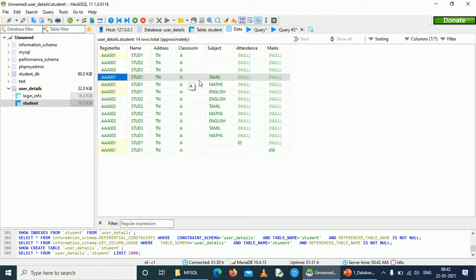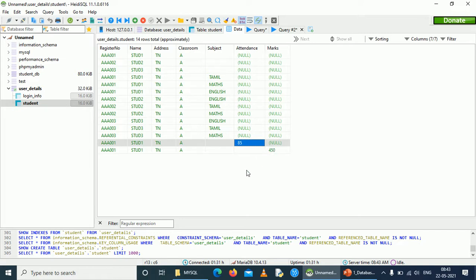And again, another disadvantage is, what is the need for address details of a student where actually the subject details alone are required? So these three rows specifically mention the subjects registered by the student, but we cannot avoid the address data in this row. So this is another inefficiency. And then followed by the same thing, the attendance percentage row of student A001 also contains address data. So there is no necessity of address data in a student row where attendance percentage is needed.